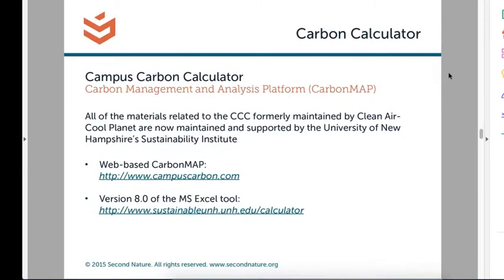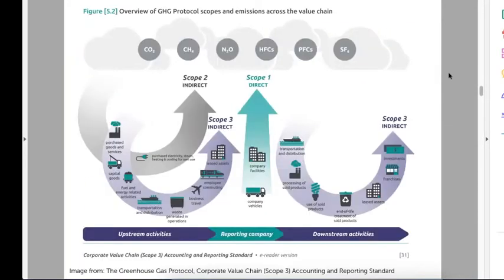Yeah, anyone can use it. When you go to the full greenhouse gas protocol, they're really creating this protocol for corporations in the United States. And what Clean Air, Cool Planet and University of New Hampshire have done is taken all of the complexity in this protocol and found the parts that are most relevant to an institution of higher education. So if you're filtering that down to a K through 12 institution that maybe doesn't have a campus,